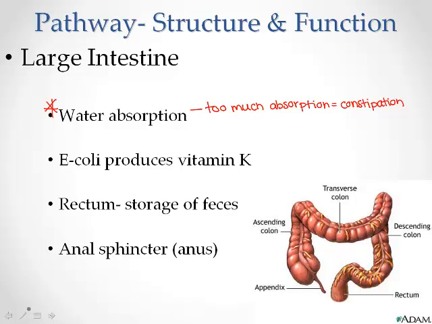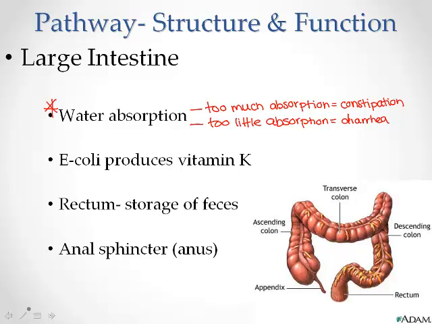Now, constipation occurs when you have a lack of fiber in your diet, and this means you have a lack of solutes in your mass. And water, we know, flows by osmosis, so it's going to flow from a high concentration to a low concentration, leaving you constipated. Another thing that can occur is too little water is absorbed. And this can happen when you're nervous and your muscles are contracting a lot more, and it's not giving your body enough time to absorb the water, which results in, you guessed it,